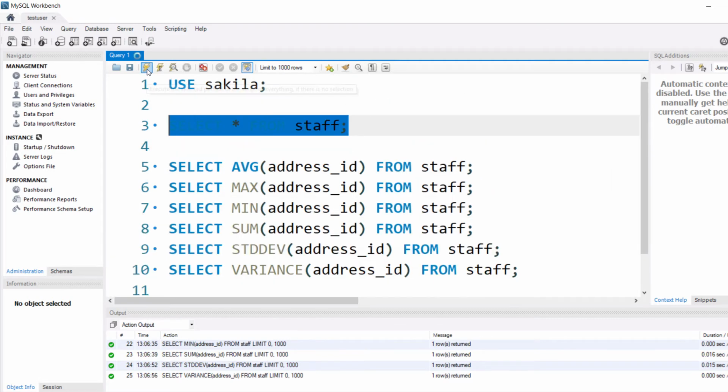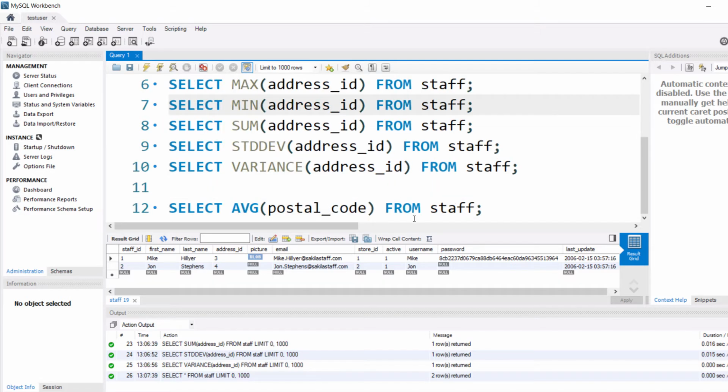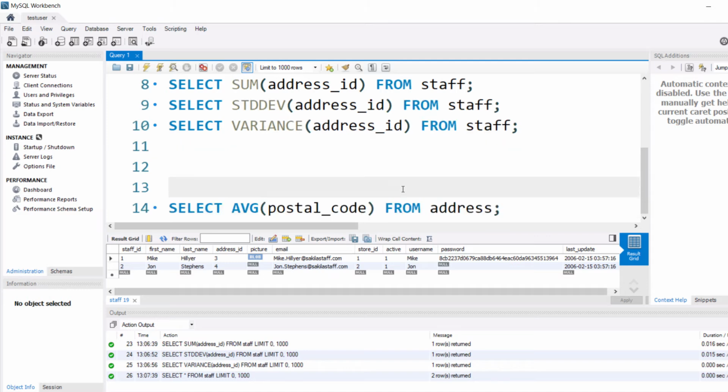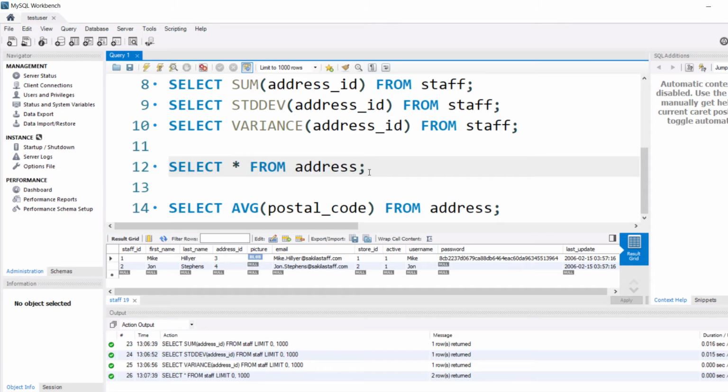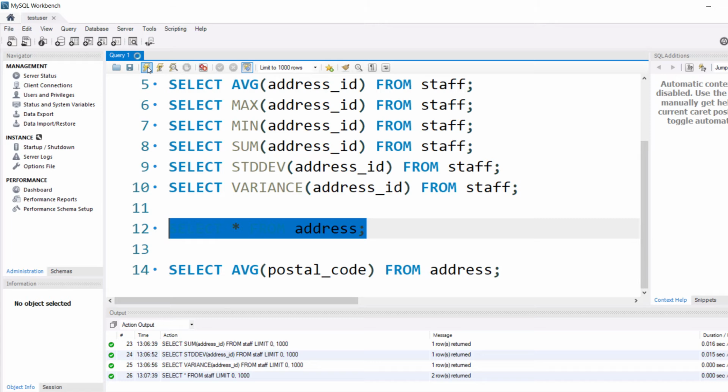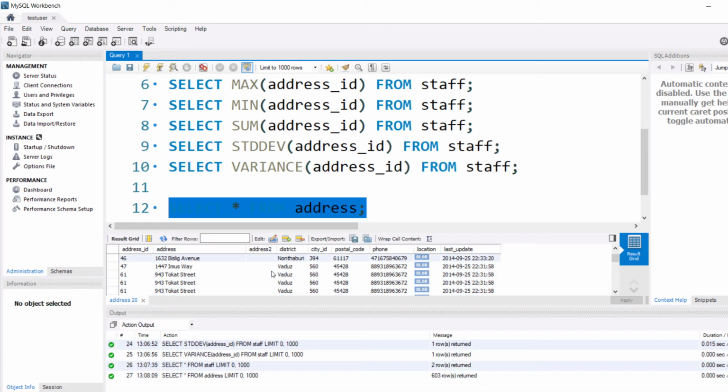Okay, so it should be in address. So first of all, I'm just going to select star from address, and if I execute it, here we have the list of all the addresses, and here we have postal codes. And a few values in that postal code field may be null.